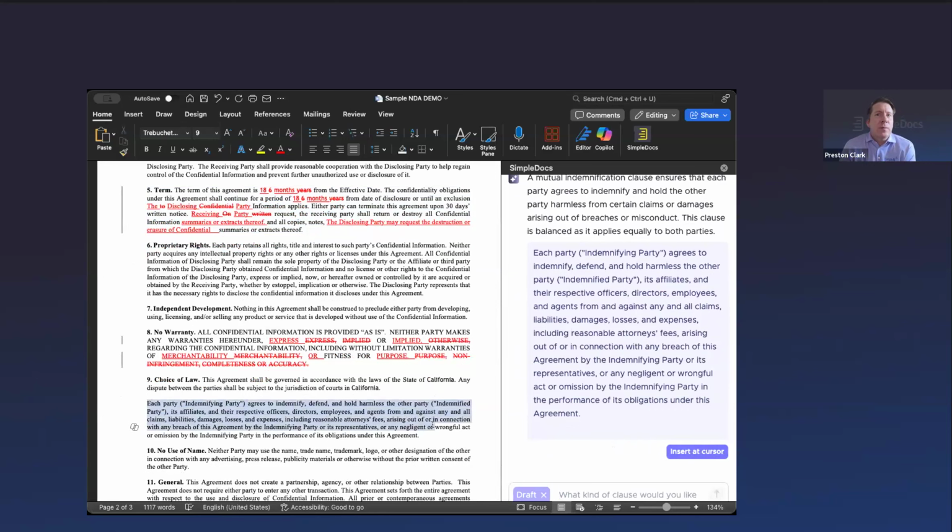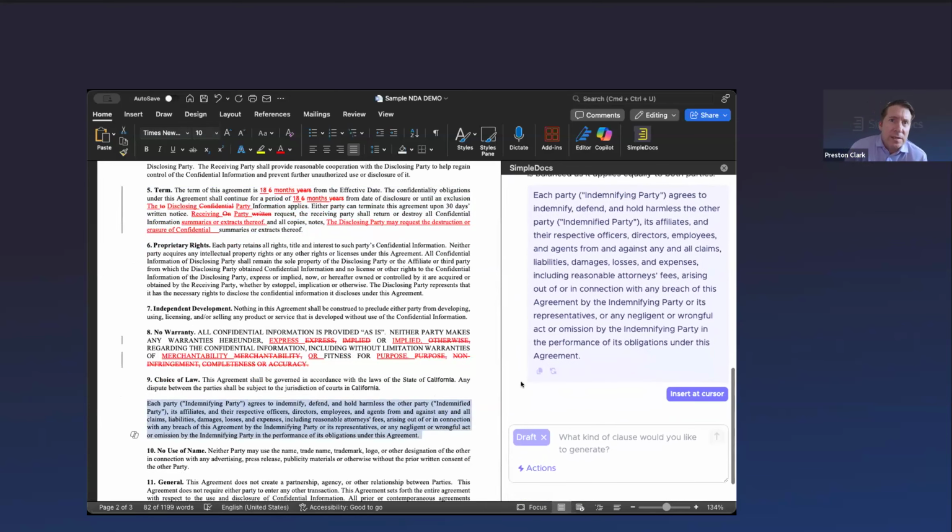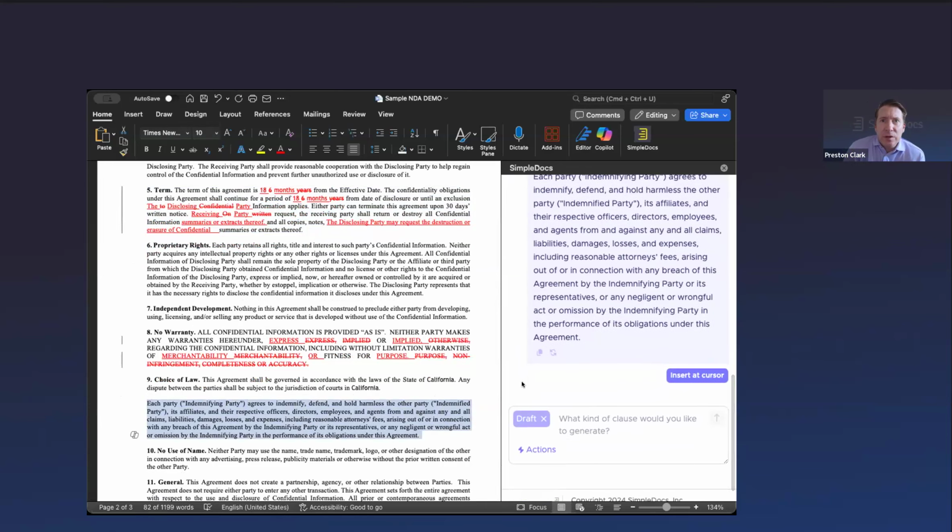So you have lots of capabilities here now that did not exist before that allow you to interface in the event that you don't have a playbook or where you just want to get another view. You can also just interface with the document and say, show me all the areas in this NDA that are potentially problematic.